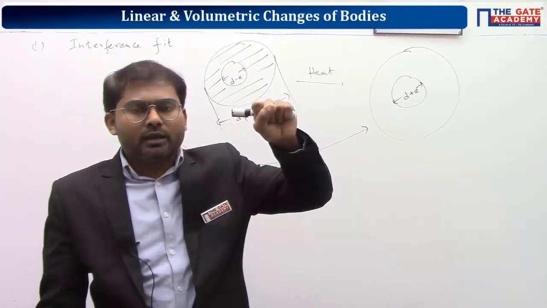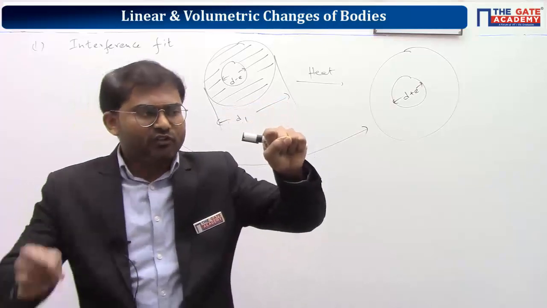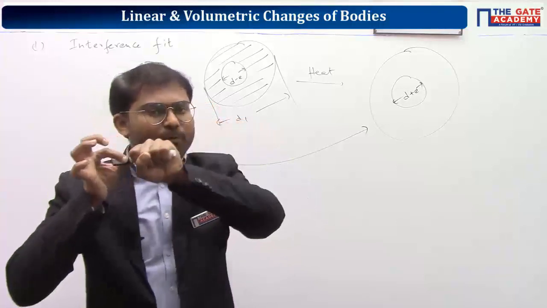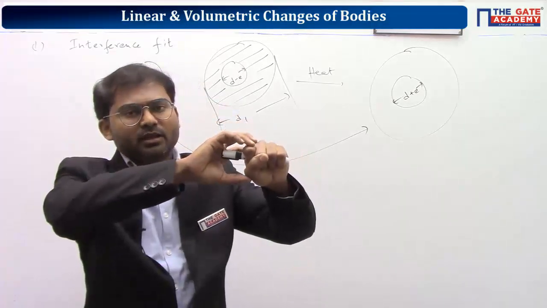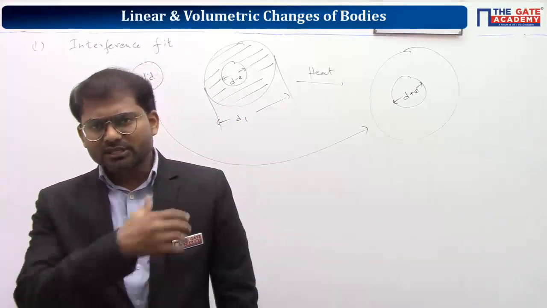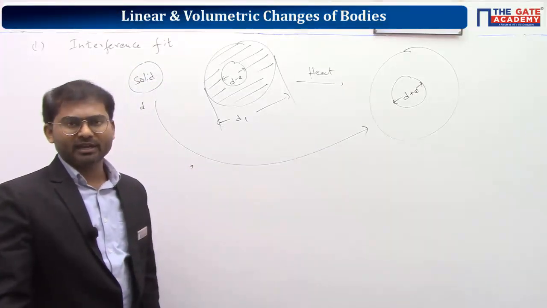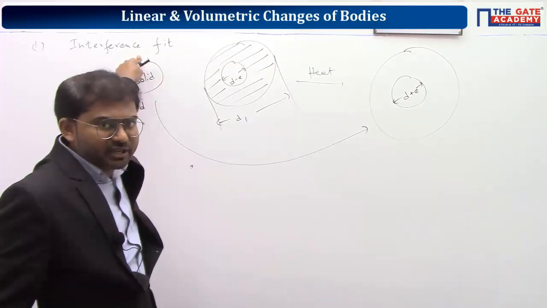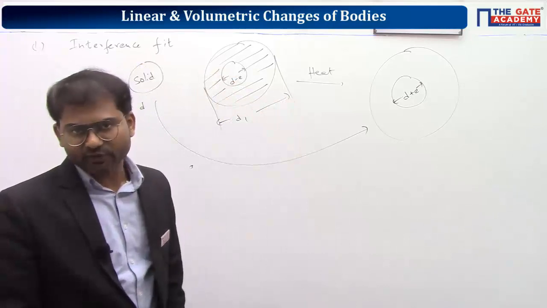It will be touching or grabbing that solid shaft. So if you apply force on the solid shaft, it will pull the hollow shaft as well. If you apply force on the hollow shaft, it will pull the solid shaft as well. These things will not be there in the books, but they are required for your understanding. Understood? It is not strictly an interference fit, which you're going to study in your manufacturing engineering, but based upon the overlap of the dimensions, we achieve this here.